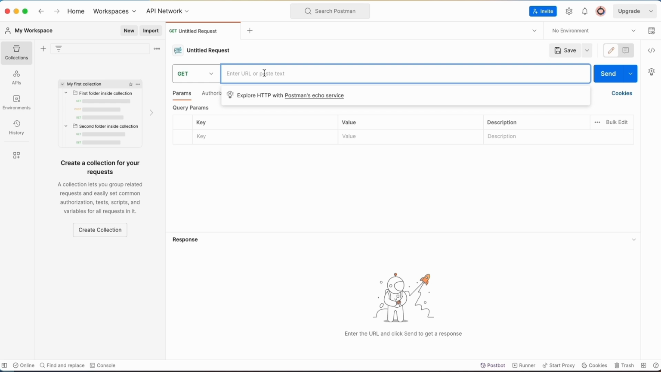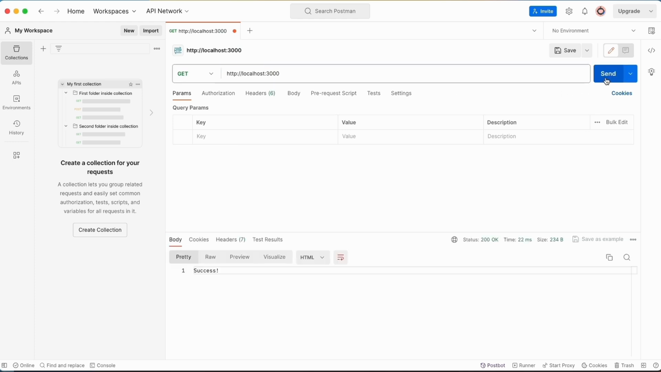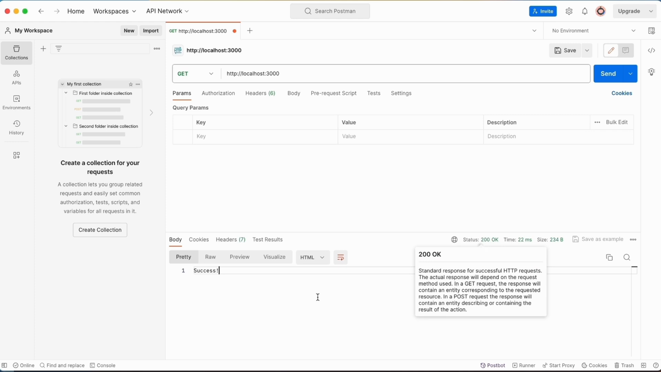Let's type the home route that we created. So HTTP :// and the port number, which is 3000. To test this, we can click on send on the top right, and perfect. So we got the response message success and a status code 200 OK, which indicates that we got